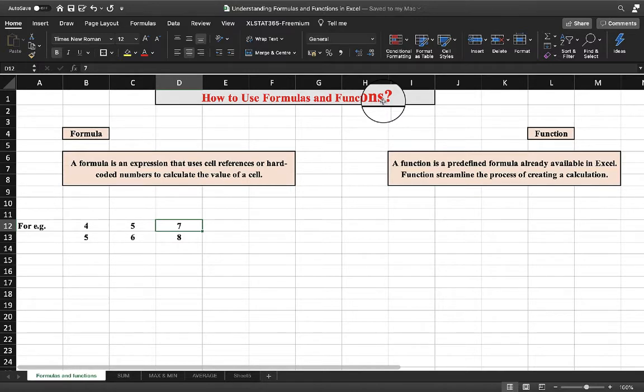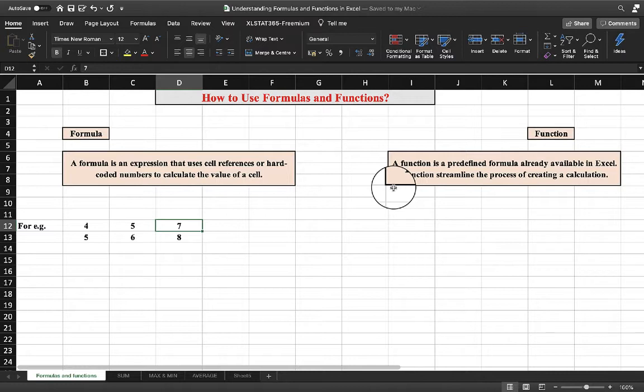Today we'll learn about understanding formulas and functions in Excel. The power of Microsoft Excel lies in its ability to do math for you. For financial modeling, the basic thing to make our model successful is our calculations, and that's all possible by applying the right kind of formulas and functions. So we will learn here what formulas and functions are and how they are helpful to us. This video and my next video cover all the basic functions that you need to know as a financial modeler.